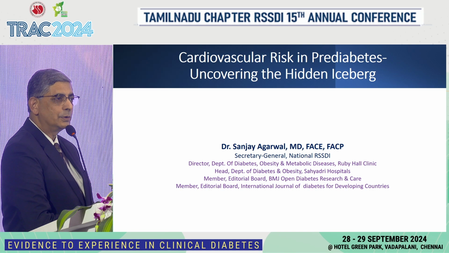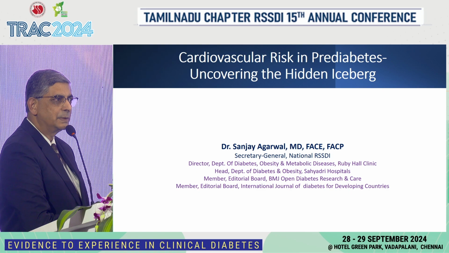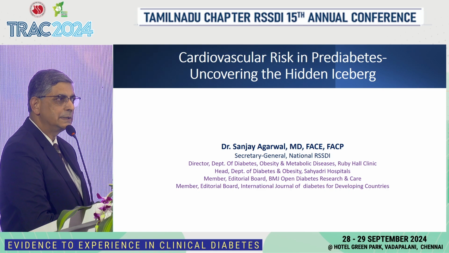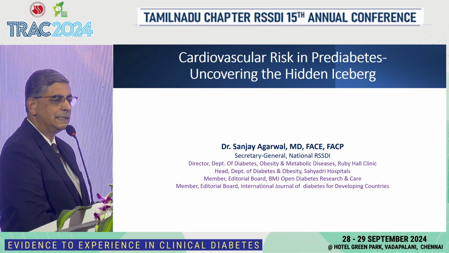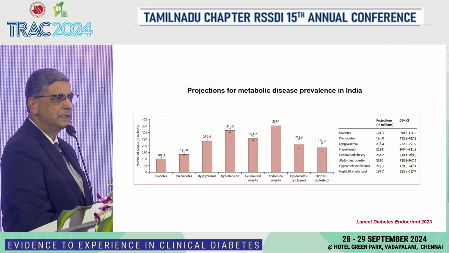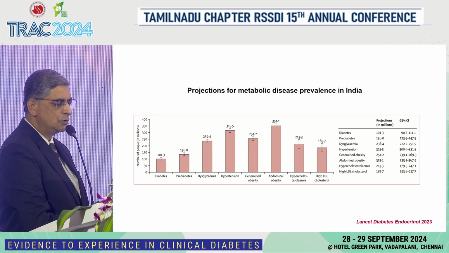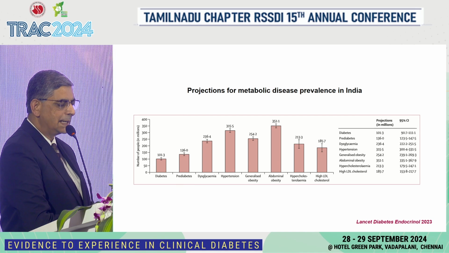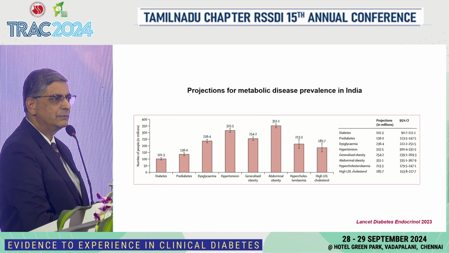More important, there are 5 different definitions for prediabetes, which come from the WHO, the International Expert Committee, as well as ADA, confusing what actually represents prediabetes. But putting that aside, let me get to the problem. This paper published in the Lancet by Dr. Mohan and his group, from the ICMR INDIAB study, shows clearly that almost about 15% of patients have prediabetes, overriding the incidence of diabetes. And these are the very people who are waiting to get converted to diabetes.